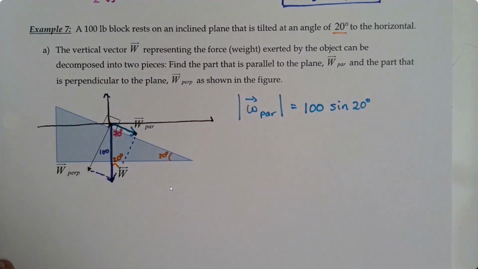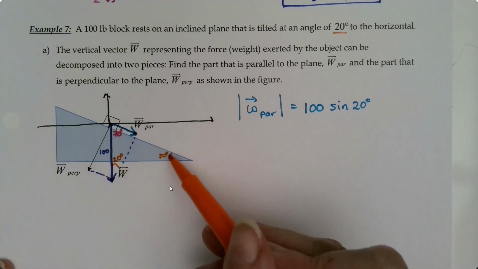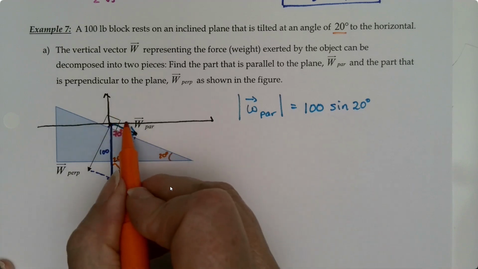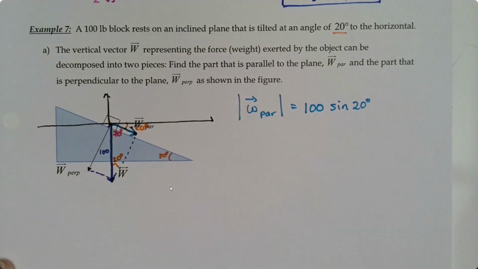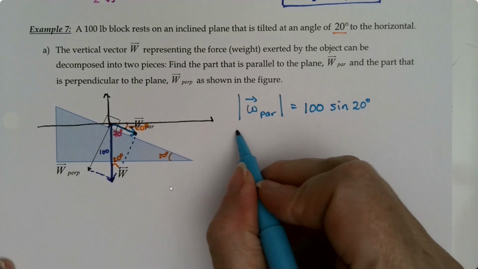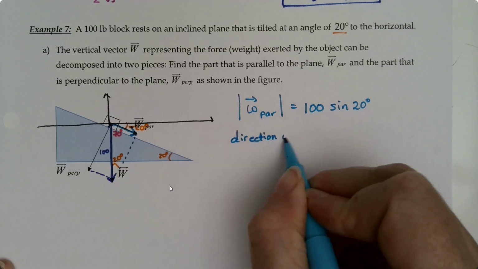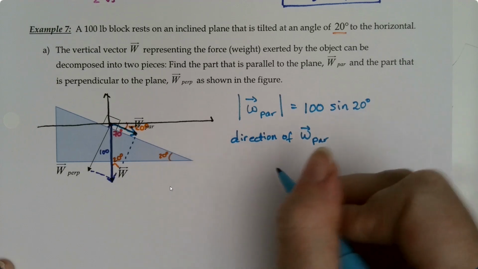And you can see, hopefully, because of what you learned in geometry class, that if this angle is 20, these are parallel lines cut by a transversal. And so therefore, this angle here is negative 20 degrees. Oops, that's a little negative in there. Okay, so that means that the direction of my W parallel would be equal to,